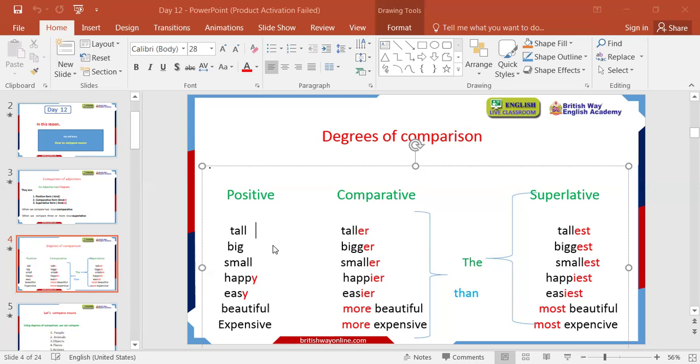I sent you an extra note as well, so you can study it and understand how we can make comparative and superlative. Okay? For long words like beautiful and expensive that are hard to pronounce in one go,